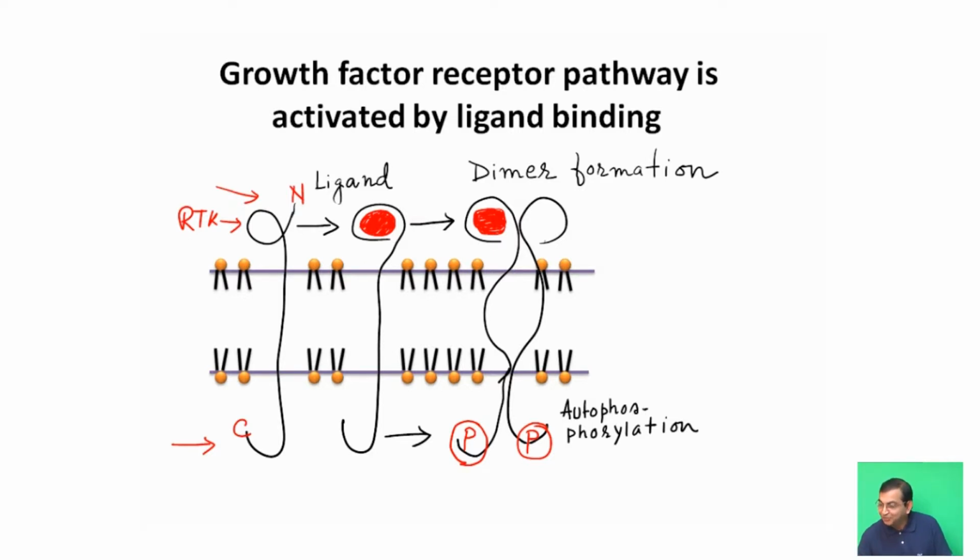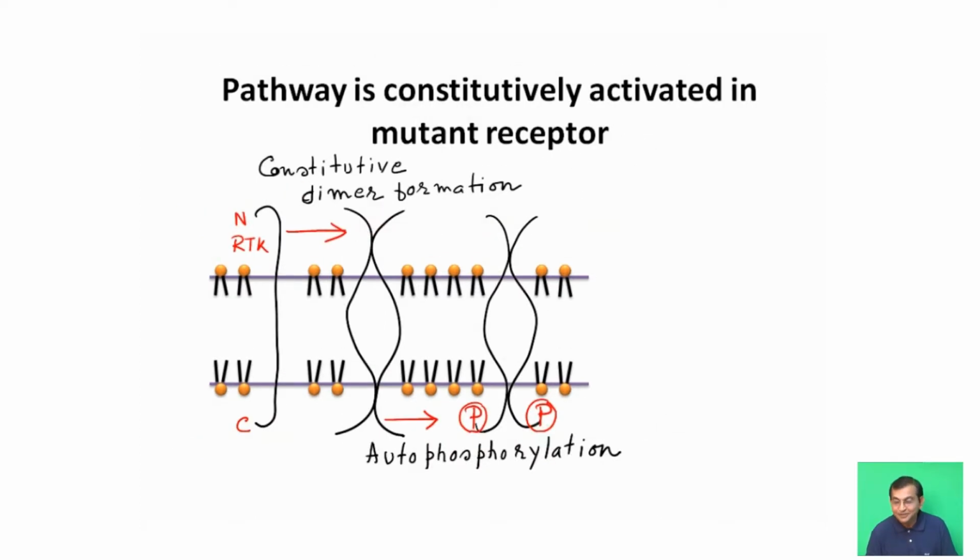After this dimer formation, autophosphorylation occurs. Here we are also showing that autophosphorylation occurs at the C-terminal end. After autophosphorylation, the signal will pass. Secondly, if the receptor tyrosine kinase is mutated,